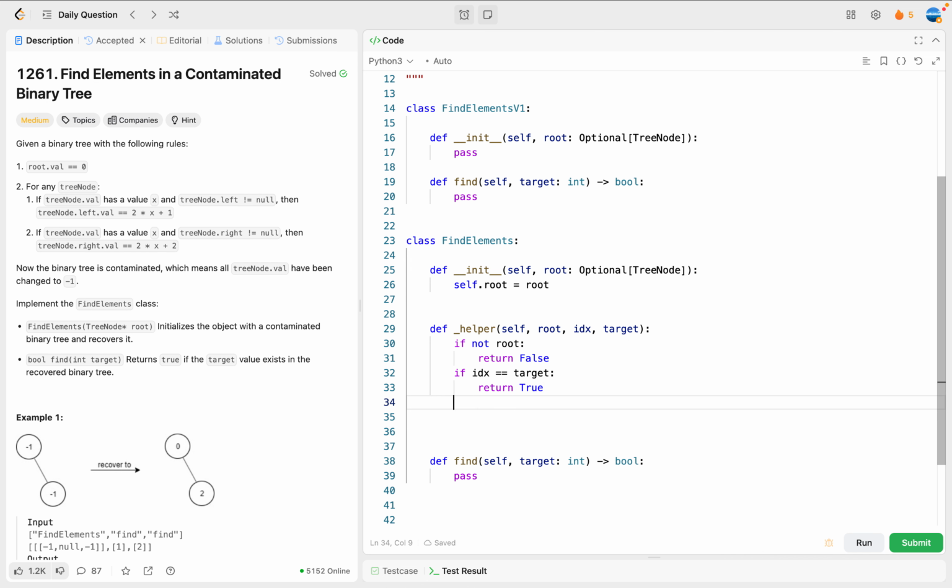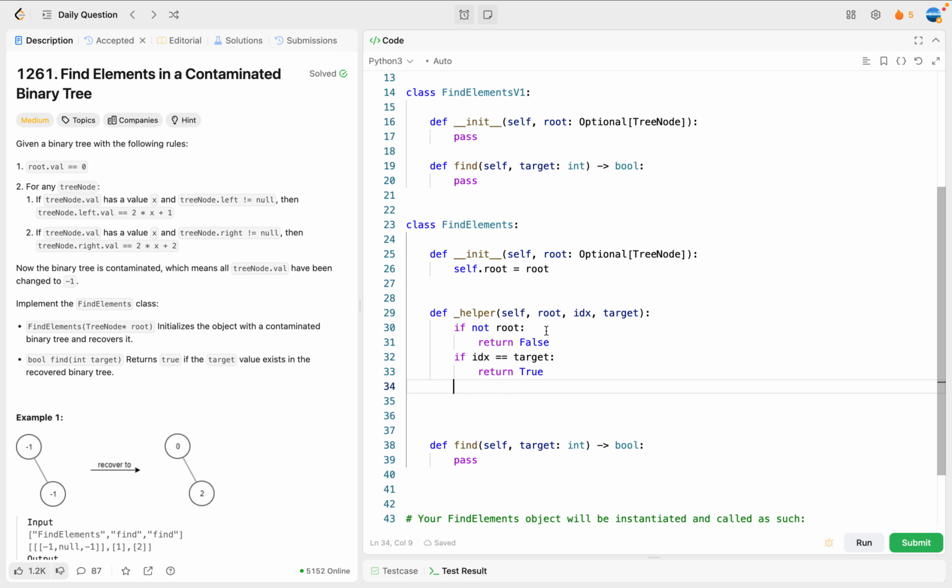Then we do the recursive call: we are going to do DFS on the left subtree and the right subtree. So self.helper of root.left and idx times 2 plus 1, that's the index for the left subtree, then target. Or,